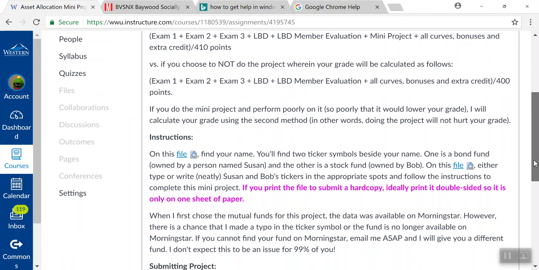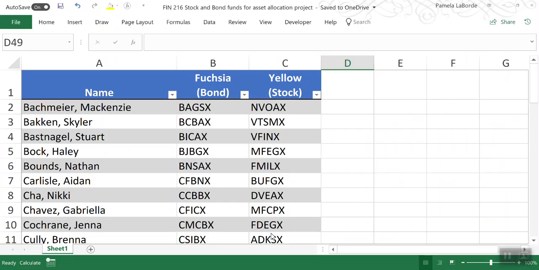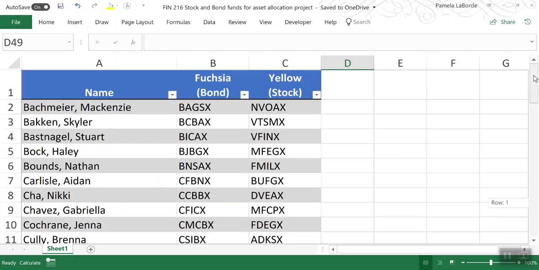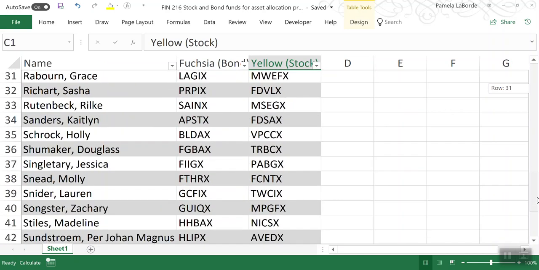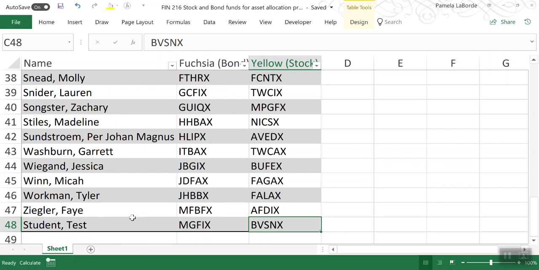So there are two files. The first file is just a list of the students in the class and which funds you've been assigned. So open this file, find your name, and you're going to find two ticker symbols next to your name. There's a bond fund and a stock fund. I am going to do the stock fund for the test student who has been assigned this particular fund,